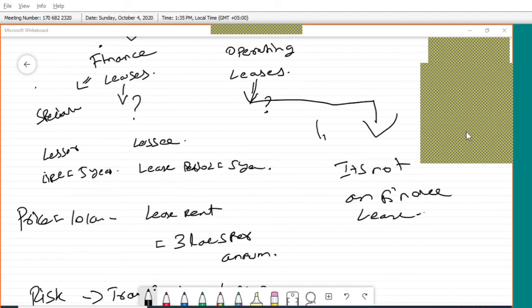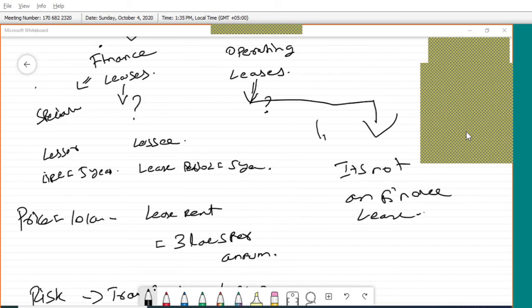Like as I said, guaranteed residual value. The lessee is giving some guarantee to the lessor. After the use of the asset, the effective life of the asset, it will become scrap only. Now I will buy it myself. That is guaranteed residual value. Then second bullet point. The lessee has an option to buy the leased asset at the end of the term at a price which is lower than its expected fair value, and which option will be exercised. The thing is, the lessor is giving some choice to the lessee. You can even buy this asset after the effective life of the asset. If you want, you can buy this asset yourself. That is an option given by the lessor to the lessee.